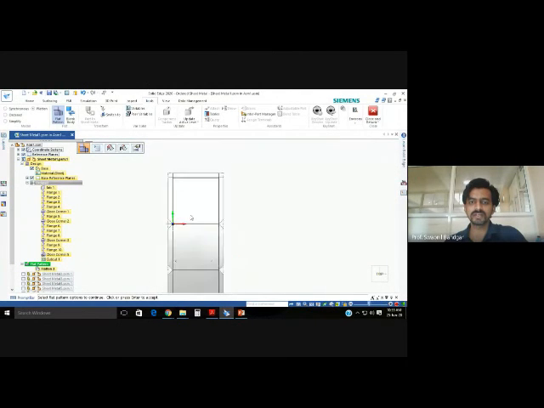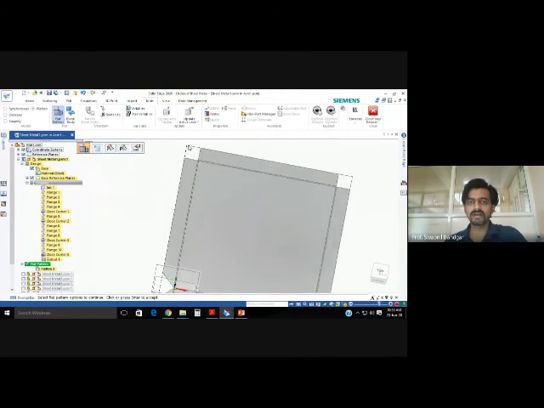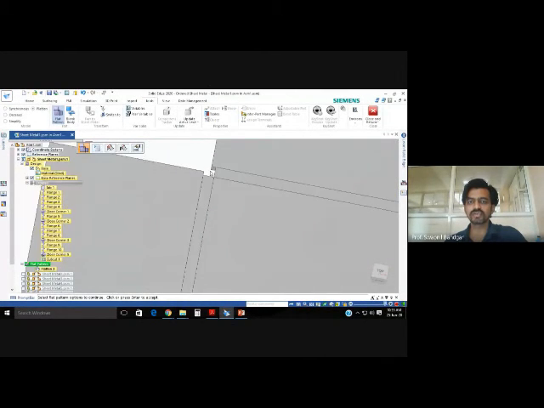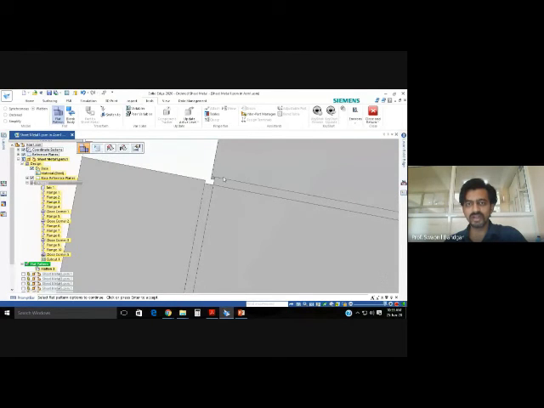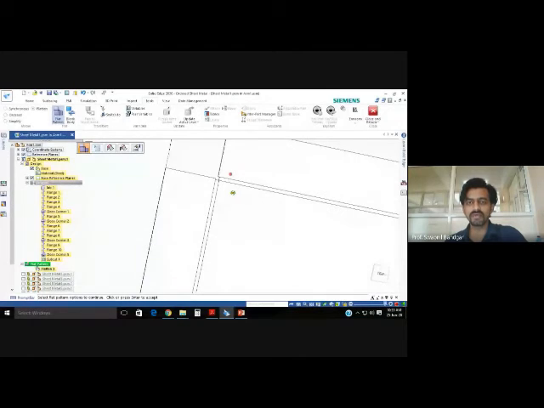So if you see this, this is a 2D model, right? This is the sheet, and if you provide this drawing to the laser cutting operations, then it will cut in this fashion. See, these grooves are there, which you have no need to think about. The software will take care of everything.